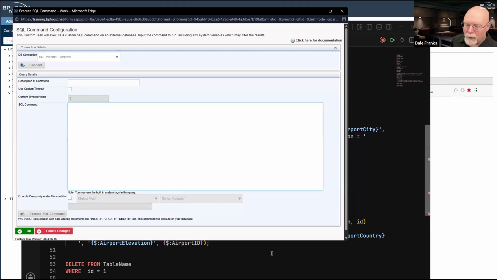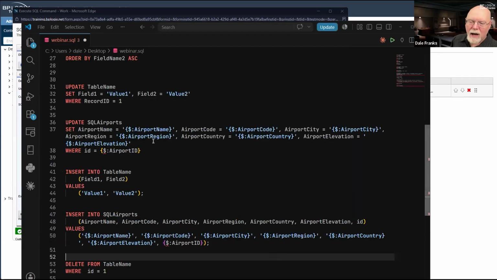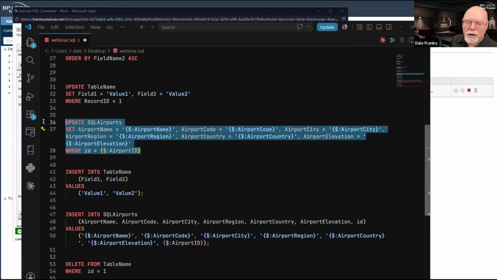For example, if I go here, this is the update command that we are largely going to send, which we'll explain in a second. First of all, I know that these fields are wrong. They have to be changed. But even if I change the fields, this command is not going to be able to run.